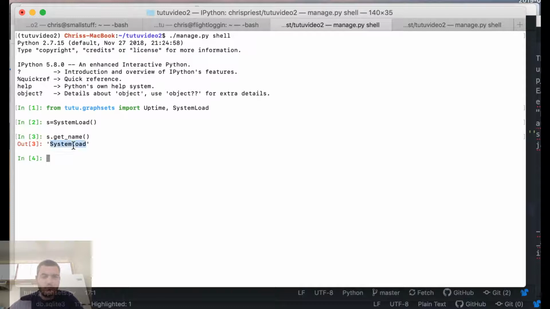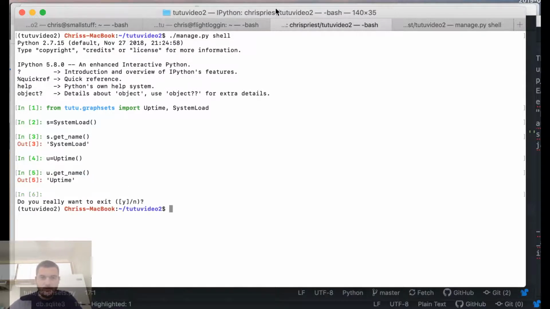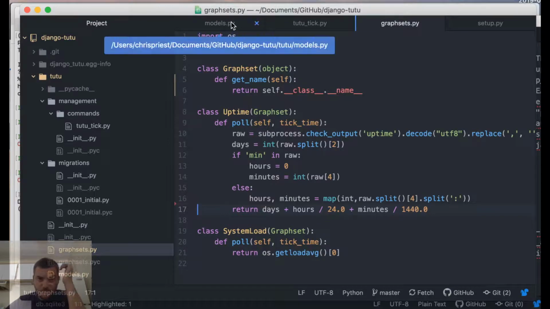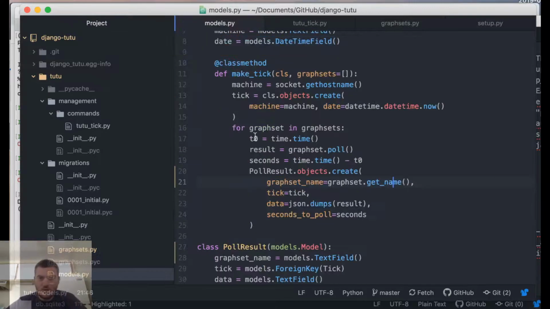That's the name of this graph set. And then the other one returns uptime. So that works. And also this date,